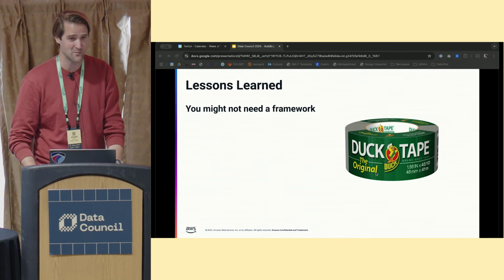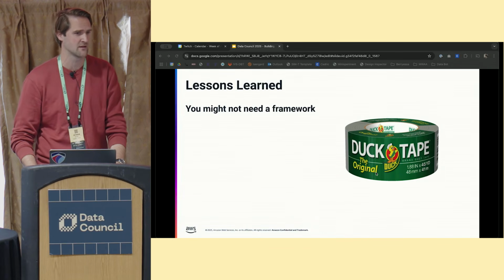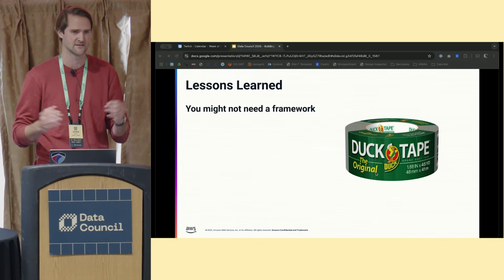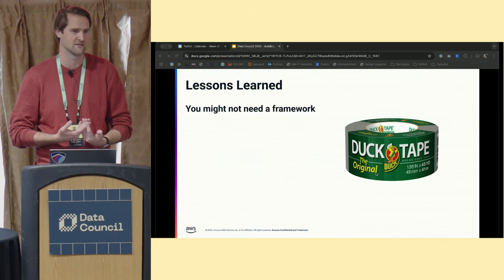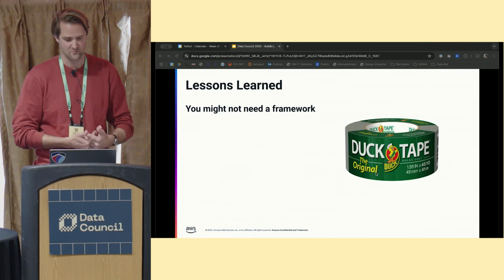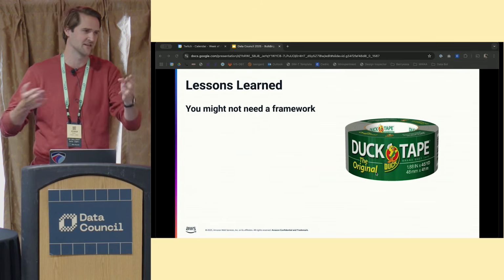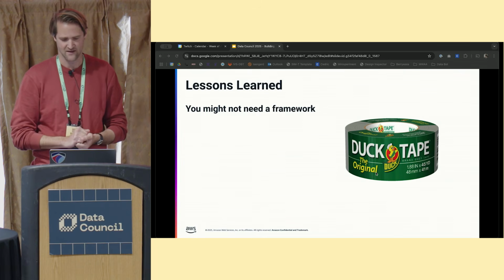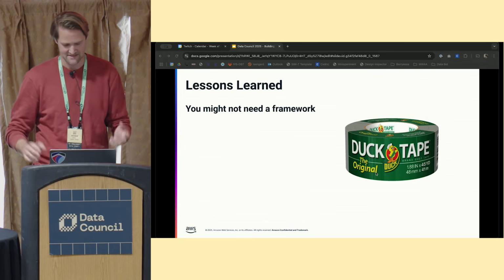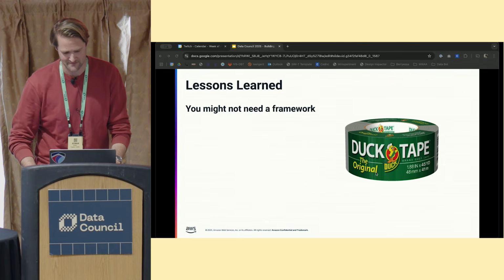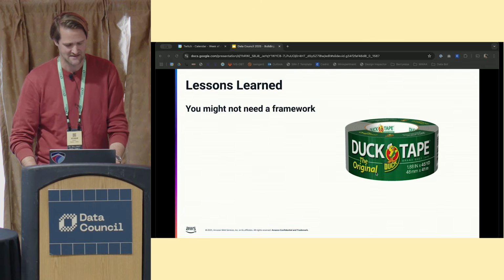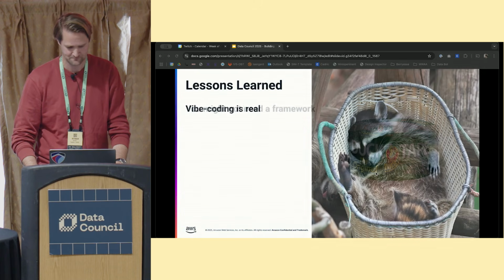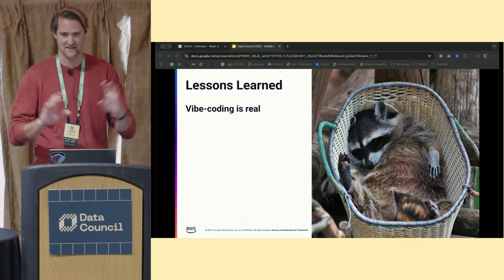You might not need a framework. We built the whole thing, at least at first, in under 1,000 lines of code in a Python Lambda, with no framework, just hitting these various services. This might be a spicy take, I don't know. We were able to get a lot done without really relying on any framework. And that's partly because of this.